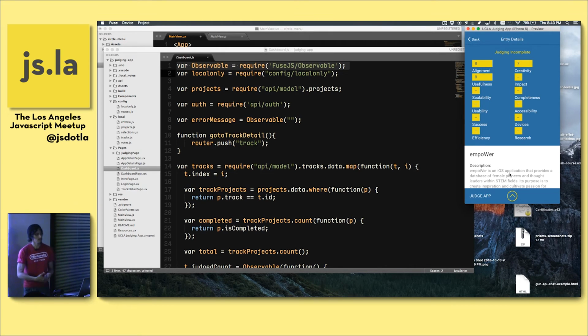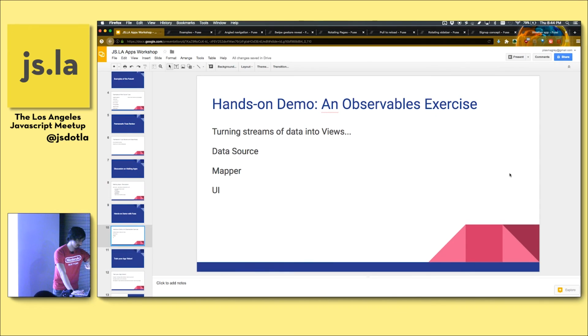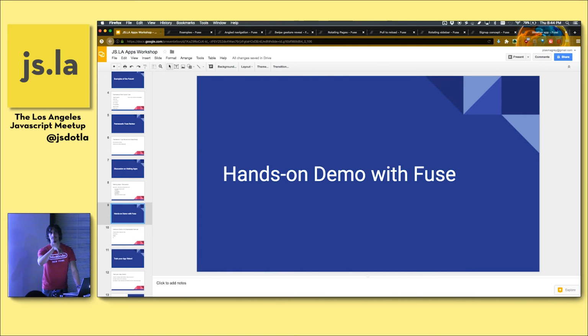And so yeah, there is a similar, I believe, principle in React, and the idea behind this is, in Fuse, it's functional reactive programming, and it's that idea of being able to set up a stream and observe that stream. So yeah, hopefully that was an enlightening way to learn about that core concept. So I think, am I doing on time?